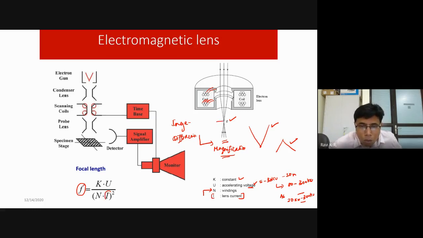What we need is to go to a different focal length to get an image and the diffraction. Image happens in the real plane. Diffraction happens in the, what do you call it, I forgot that name. It happens in the back focal plane, but it happens in reciprocal space.